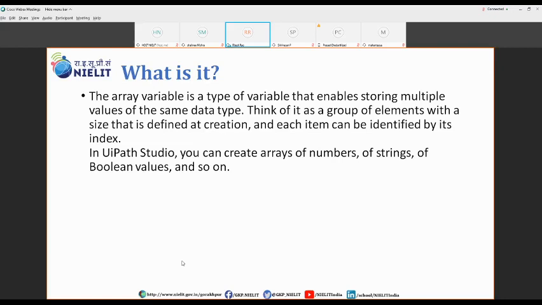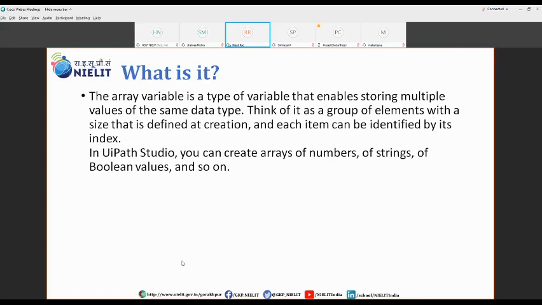So for accessing any value from this array, we have to use the indexing concept. Suppose we have n number of values in the array, indexing will start from 0 and go till n minus 1. The index value for the first element will be 0, and for the last element it will be n minus 1. To access any element from the array, we have to use the indexing concept. We'll see again how we can access any particular element, or a string value for a text variable, using this indexing concept.